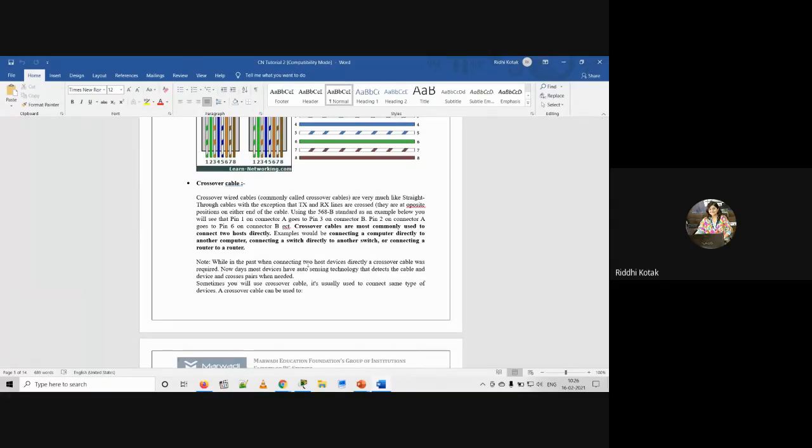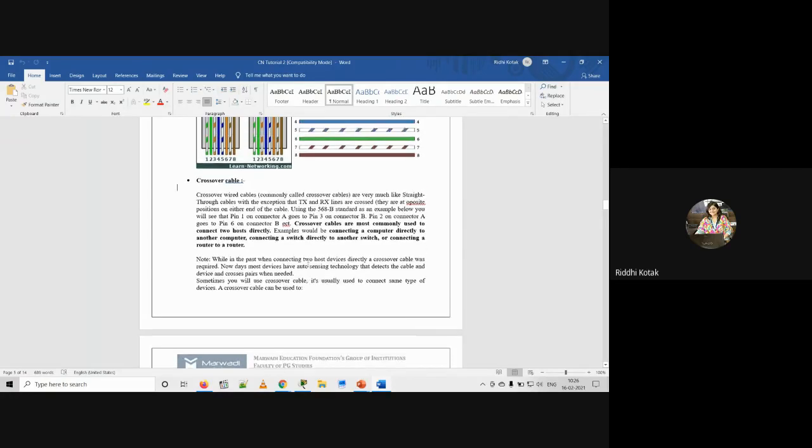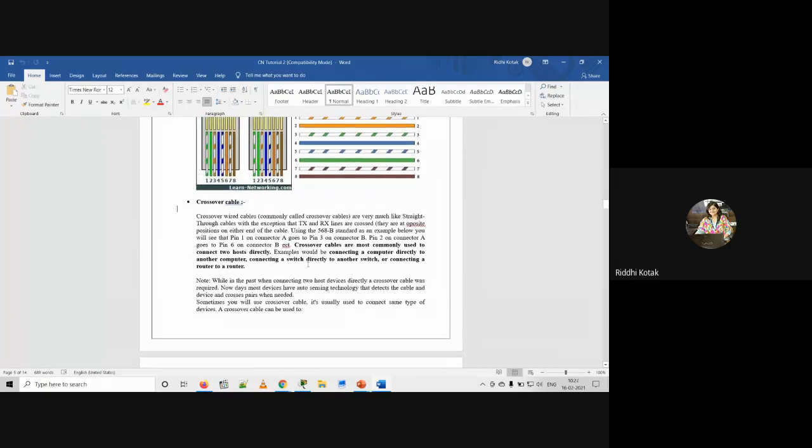Any student, what do you mean by peer-to-peer? Point to point, one point to another point. Point to point. Correct, both are correct. Like you want to create point-to-point or host-to-host.